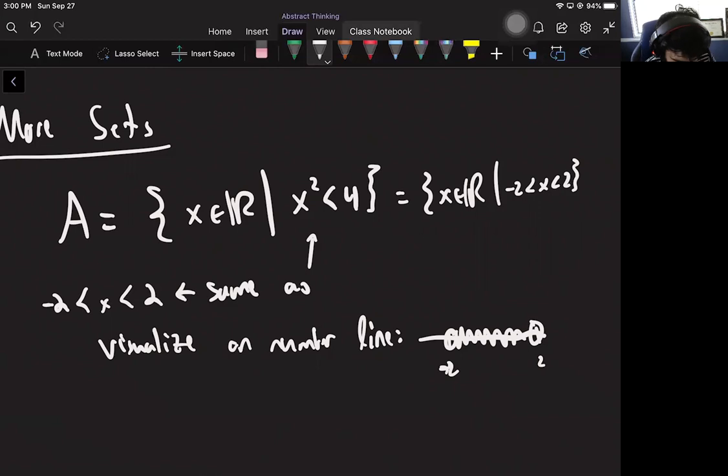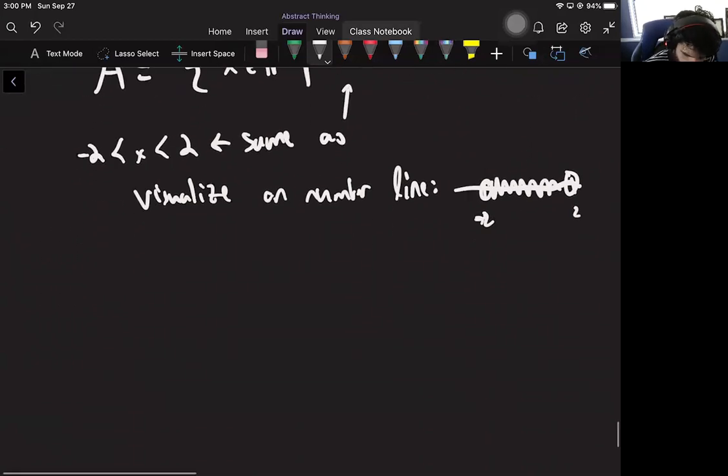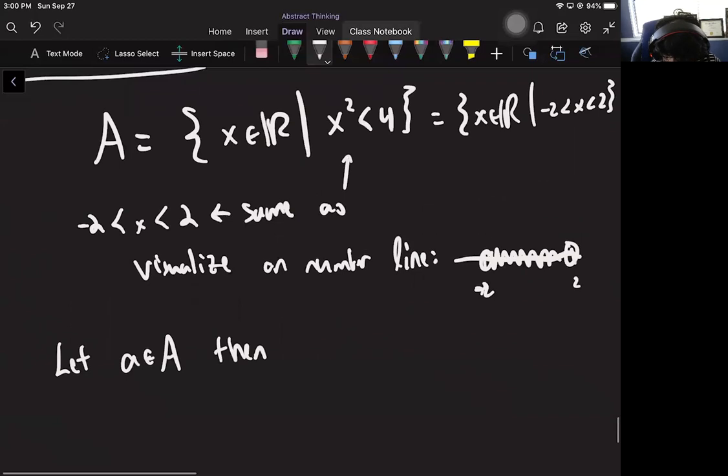So then when you say that something is inside of the set, you should be able to say what that means. So if you have an element of the set, what can you say about it? You can say the property. And then you can say, well, actually, that means that it's between negative 2 and 2. Okay,